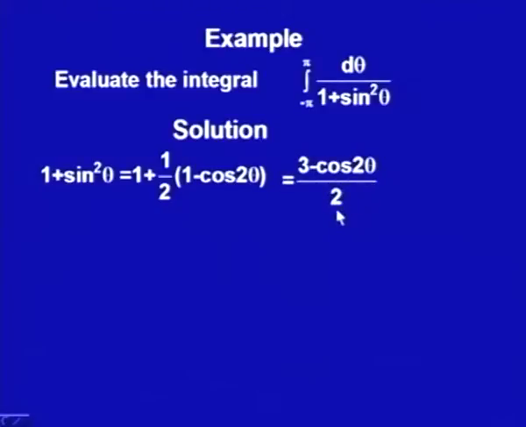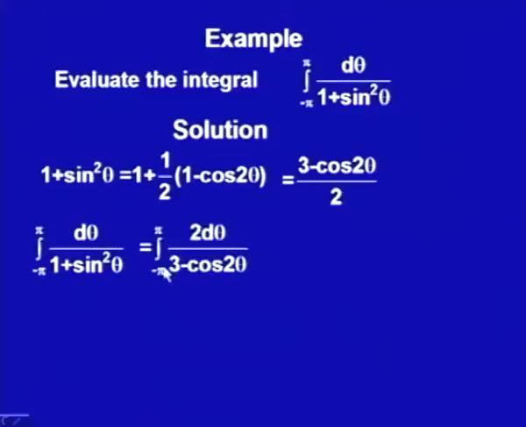So, what we have got now, our integral from minus pi to plus pi of d theta upon 1 plus sin square theta, we could write as the integral from minus pi to plus pi of 2 upon 3 minus cos 2 theta d theta. Now, this has come to the form of f of cos a theta, sin b theta. So, we could use our transformation, but here the interval of integration is actually from minus